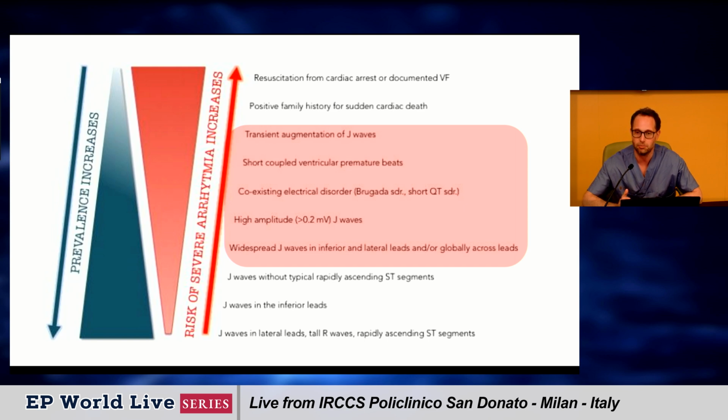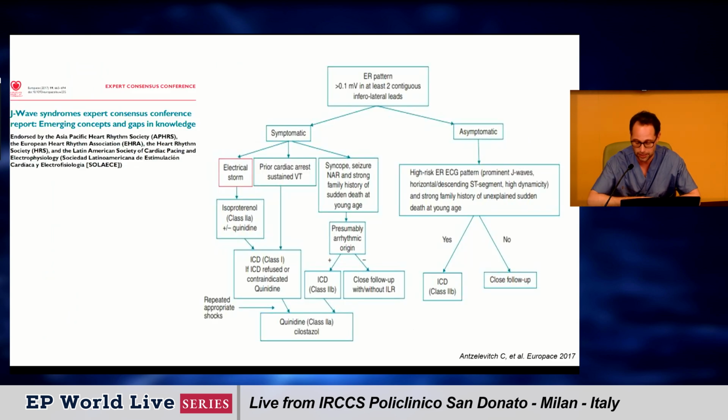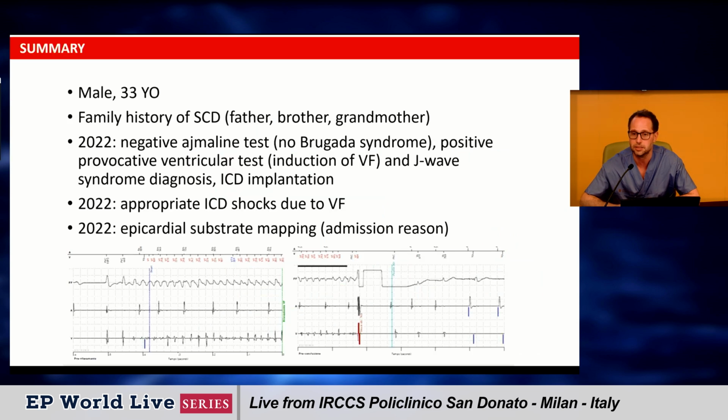We could have a transient augmentation of the J wave, short-coupling PVCs associated with this ECG, and a high amplitude of the J wave and widespread J waves across the lateral leads or global leads in the anterior wall. Generally, we know that symptoms are driving the clinical decisions, whether or not to implant an ICD as primary or secondary prevention, according to the symptoms that occurred. But there is still poor evidence